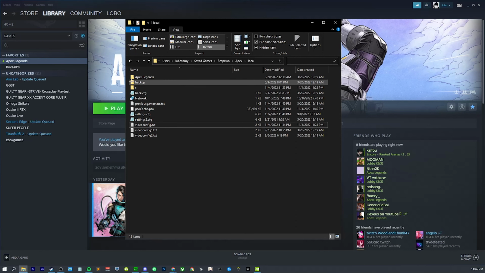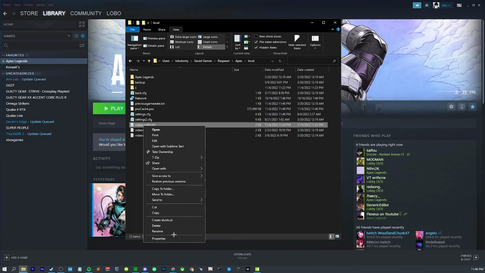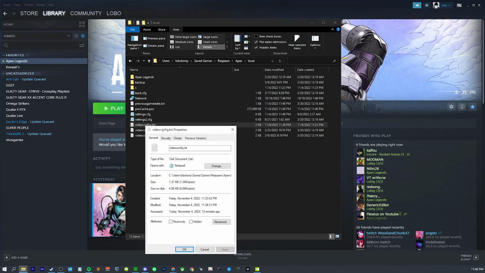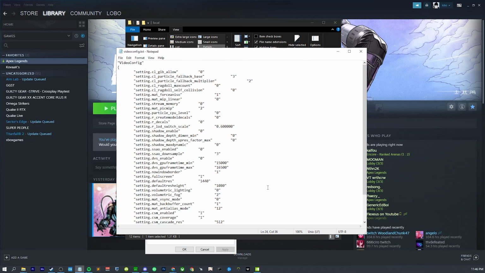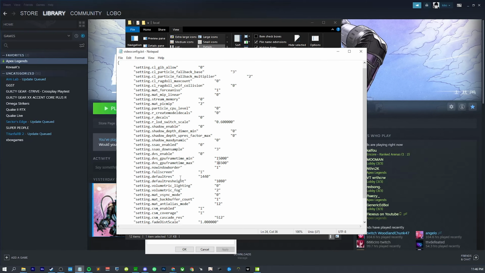You go to your C drive or wherever you have your main Windows installation. Users, your name, Saved Games, Respawn, Apex, local, video config. Make sure this is not on read only. I'm going to open it up, and whatever resolution you're trying to play in, go ahead and make sure that